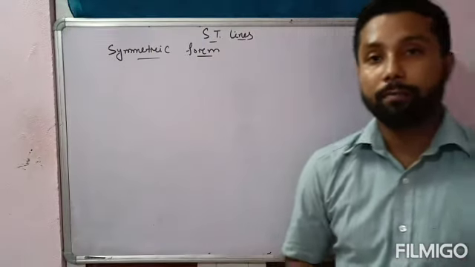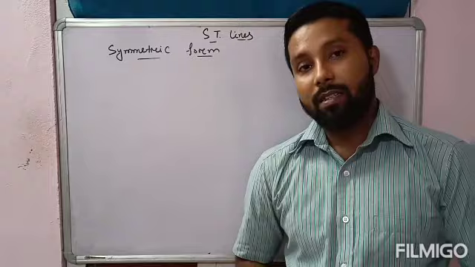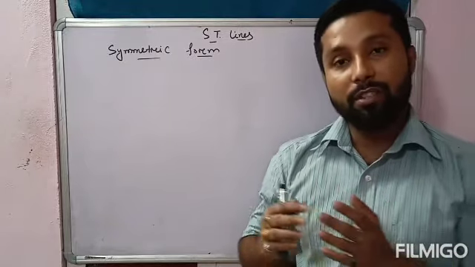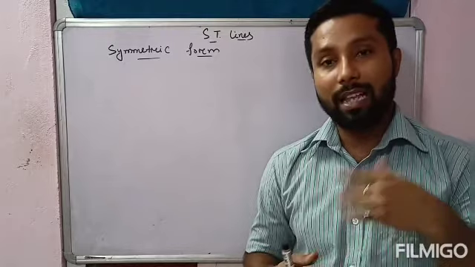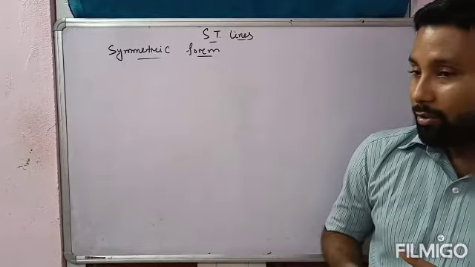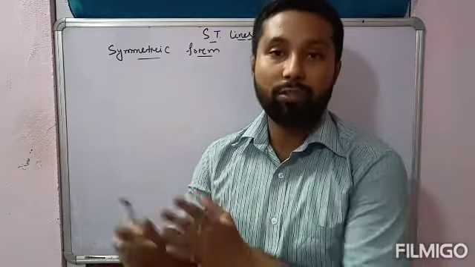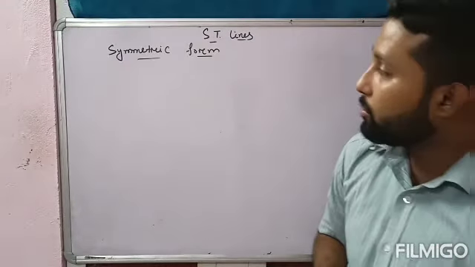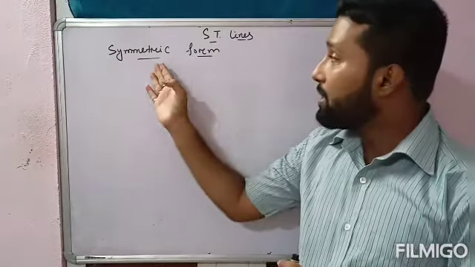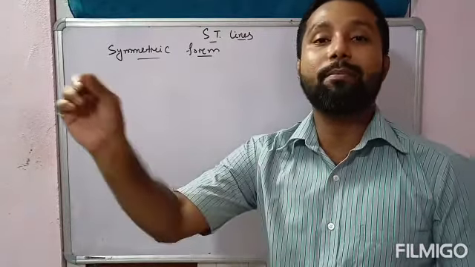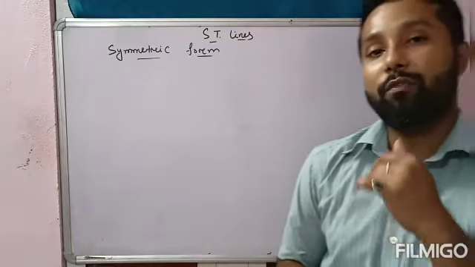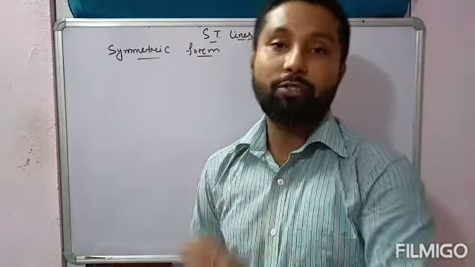So hello everyone. In this class I want to extend the part of straight lines. Whatever I have discussed till the last class, today I am going to discuss a few extra parts of straight lines. Number one subtopic is symmetric form. That is the equation of a straight line in symmetric form. What is the equation of a straight line in symmetric form?